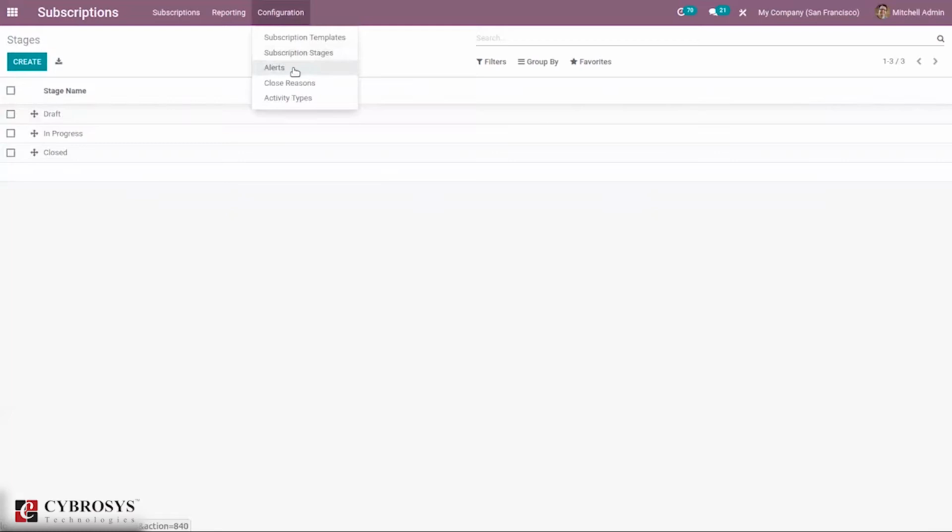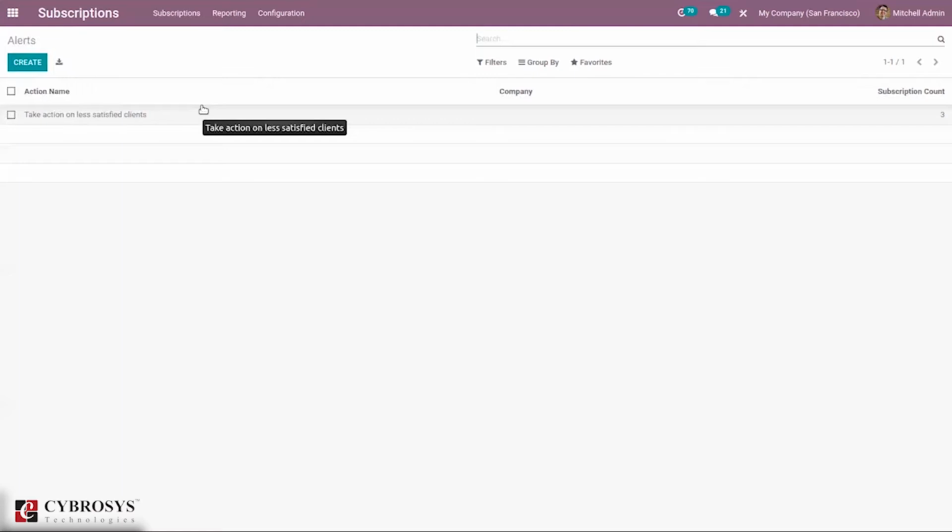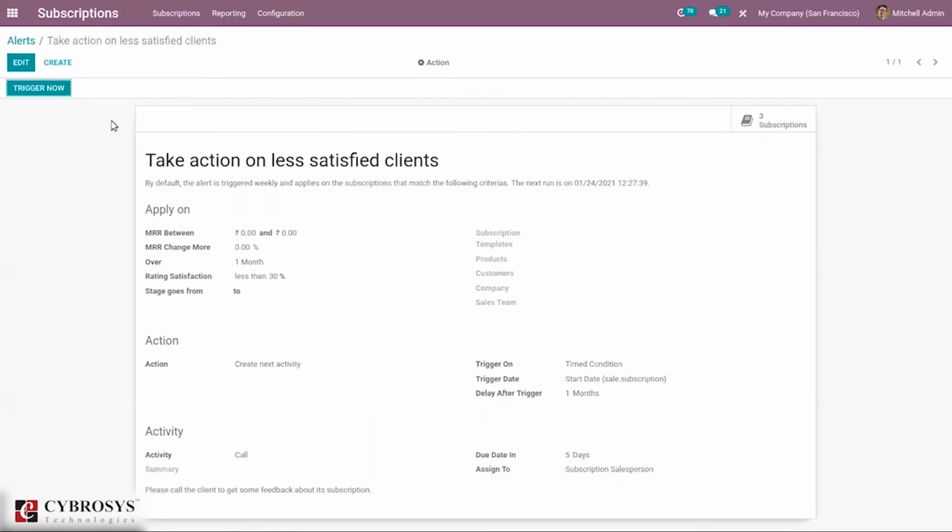Okay, then here we can configure alerts. If you want to stay up to date with your customers, you can make use of this alert. It would be a difficult task to go through all your subscribers list and check how things are going, so using this automatic alert will be really helpful. For example, when a customer subscribes to your magazine, you would probably want to send them an email to welcome them and express your gratitude. Or if the satisfaction rate of your customers drops below some percentage, you would probably want to schedule a call with them to understand the reasons for their dissatisfaction. So we can set automatic emails here.